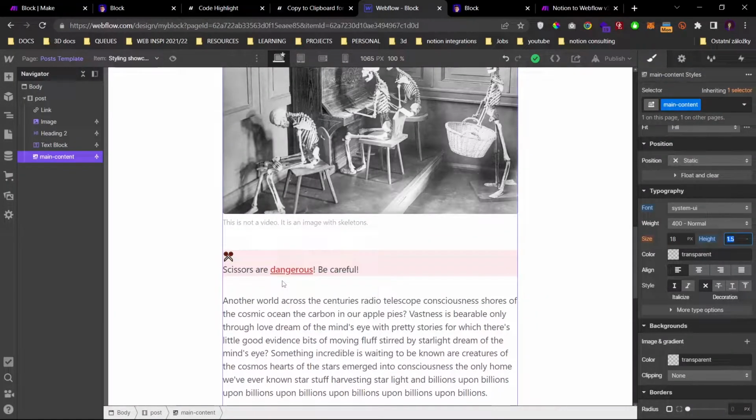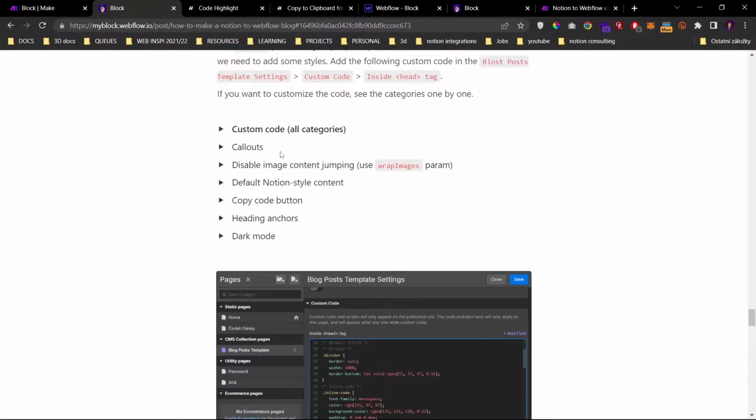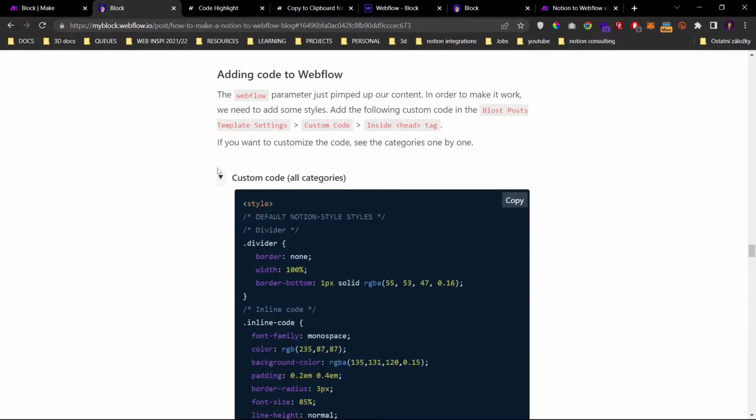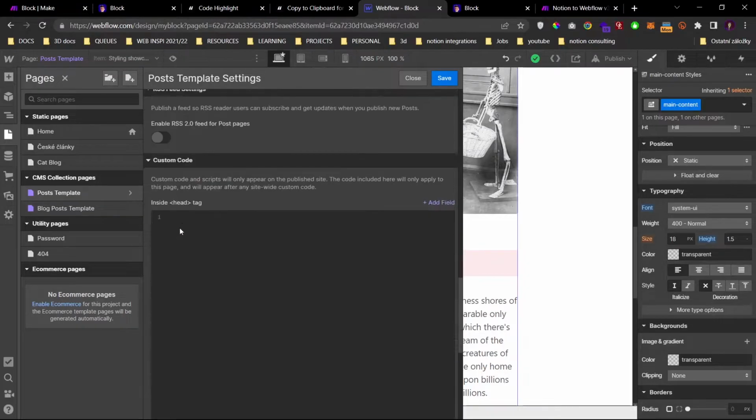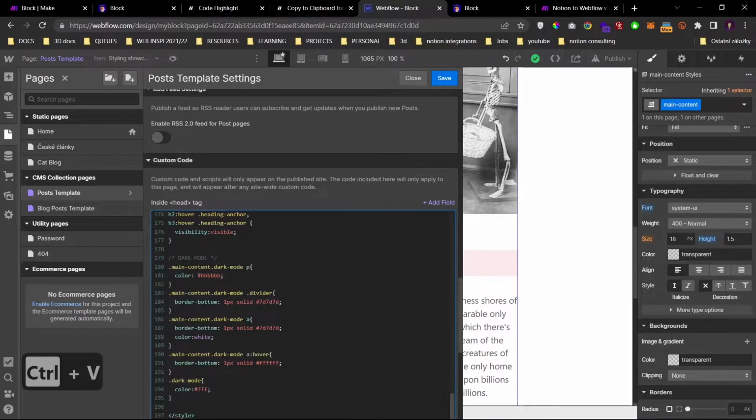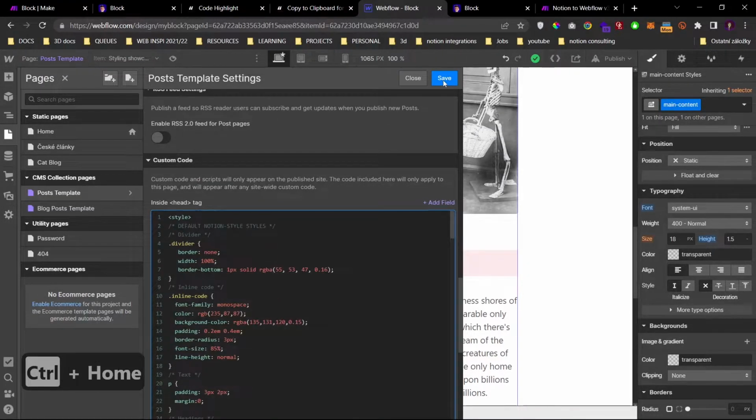So in order to add a custom font, custom code, I have already prepared it in my blog posts. If you go under adding code to Webflow, and here you hit the copy button, you can just paste all of that under the post template, inside the head tag. Okay, here if I hit save,